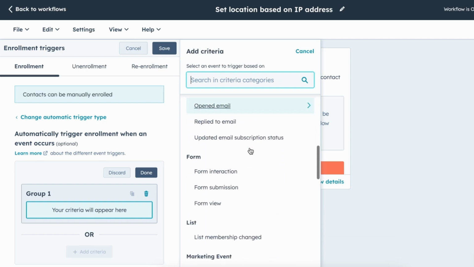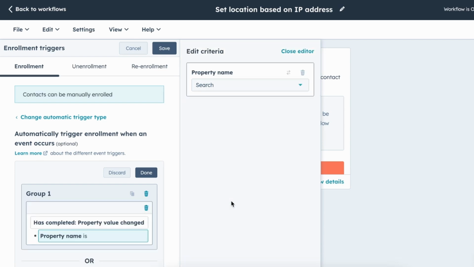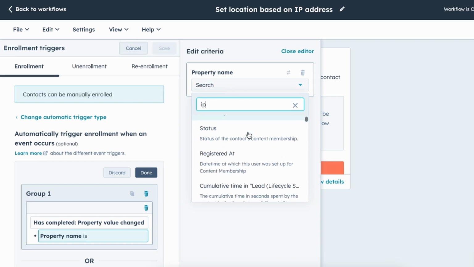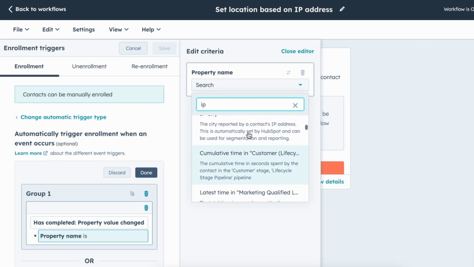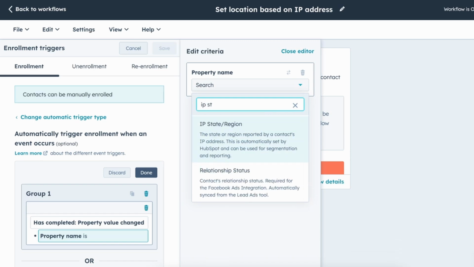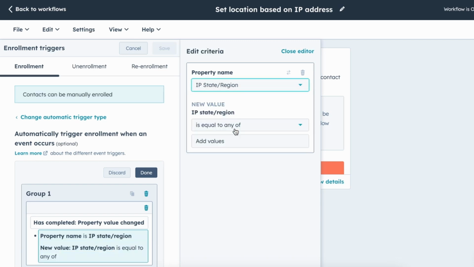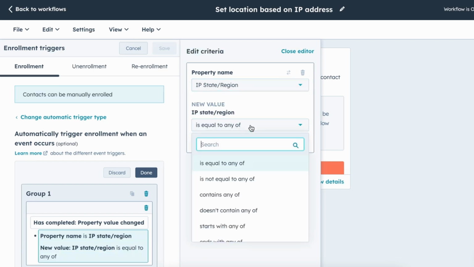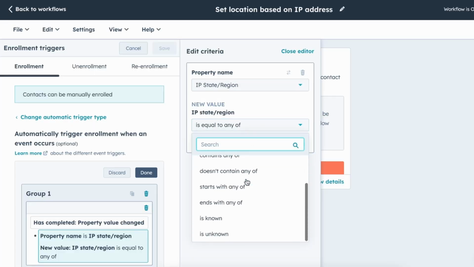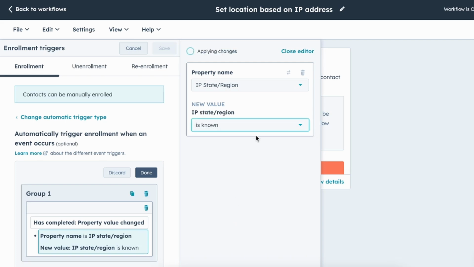I'm going to scroll down to property value changed, and then I'm going to search for the IP state as the property value that I'm looking for. So let me type that in, IP state region. I want that to be the property that I am basing this off of. Now it can be any of the IP based properties. I'm just using state and region because that's the starting point that I'm using on my workflow. But I'm going to say is known